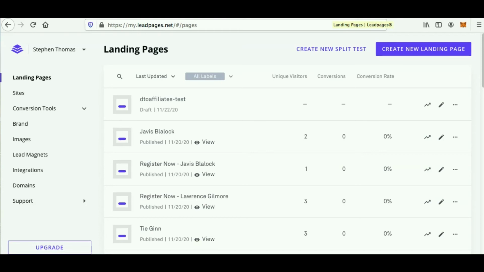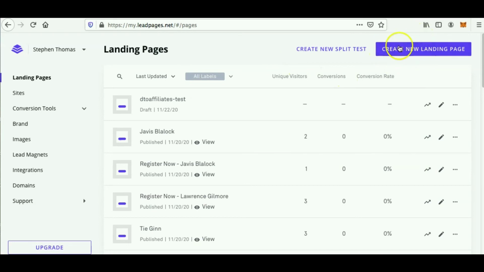Now, leadpages.net is not free. Their most basic package is their $37 a month package. With that $37 a month package, you can build as many websites as you want. So it's unlimited lead pages that you can build. Once you set up your 14-day free trial, because leadpages.net does have a 14-day free trial before you have to pay, you can, once you set up your Lead Pages account, come over here